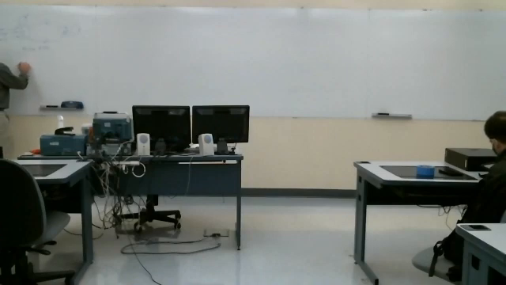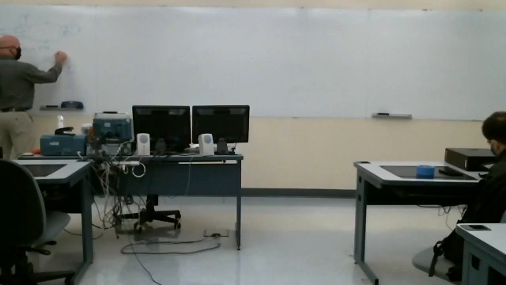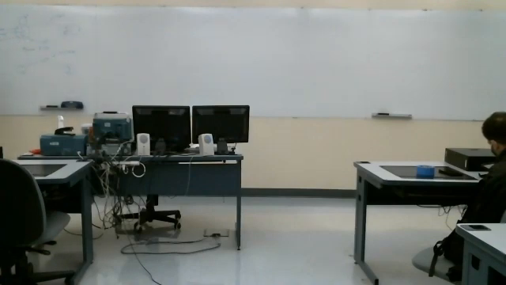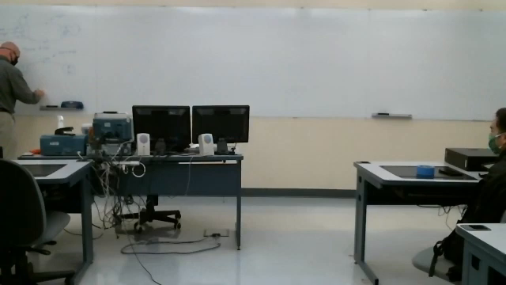Now, in a Mealy state machine, the outputs are actually in the transitions, usually with a slash. So this is input slash output. Okay, I guess I didn't label the input up here. So with the Mealy finite state machine,